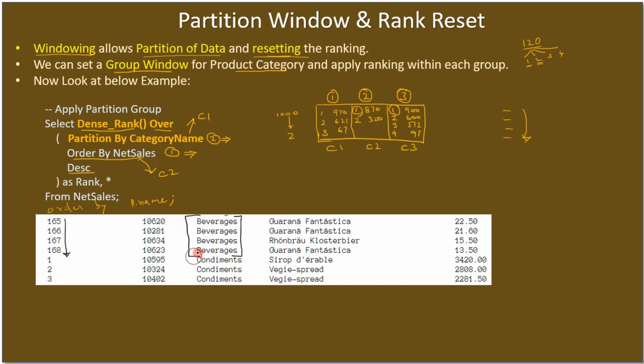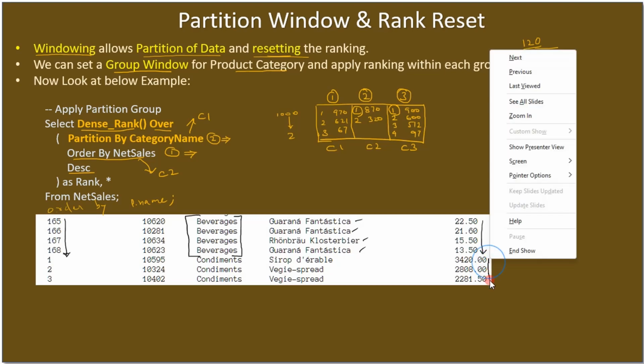And we get rankings 165, 66, 67, 68, and you can see that on this specific category, the product is decreasing in net sales. All right. So we can state that these are all the 4 products in a specific order in the beverages category that made less net sales. After that, in the next condiments category, the top net sales of a product are given,